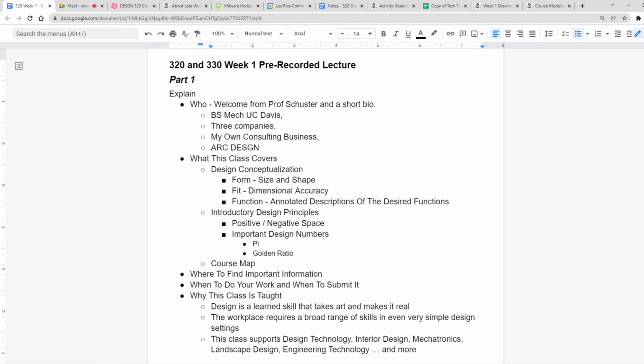And knowing that, we try to make this class support design technology, interior design, mechatronics, landscape design, engineering technology, and even more. We've had people from all over the campus. We even had the puppet people from the theater group come in and do some Design 320 with us.